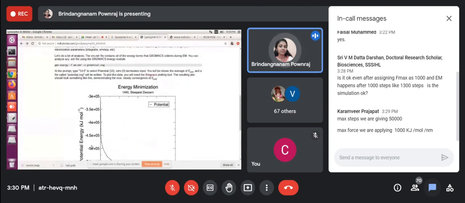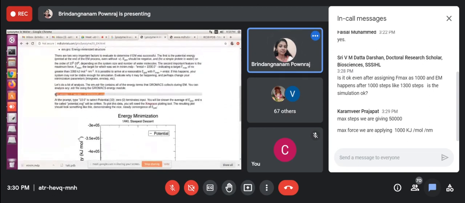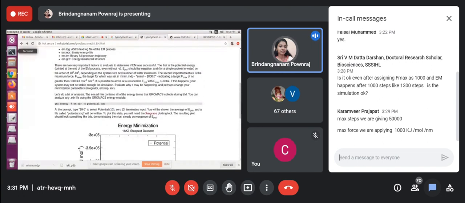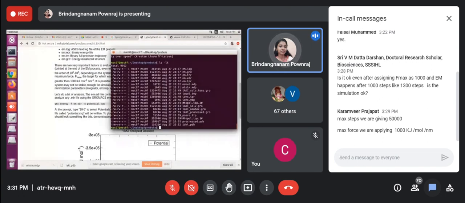So now I'm going to visualize that. As I told before, if your system is Windows, you have to install Ubuntu. After installing Ubuntu, you have to install GROMACS also. So to visualize this plot, one more tool you have to install, same like here only you can install. The tool is called XMGrace, to visualize the GROMACS output. XMGrace.